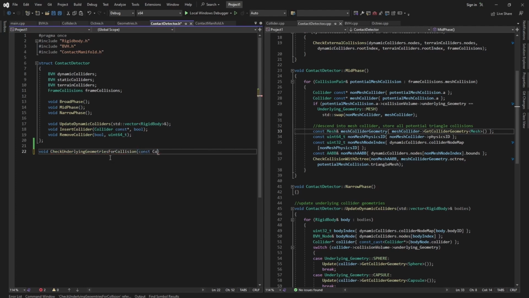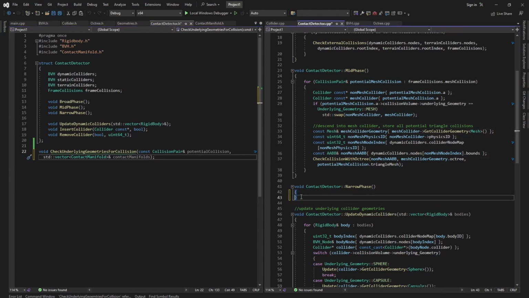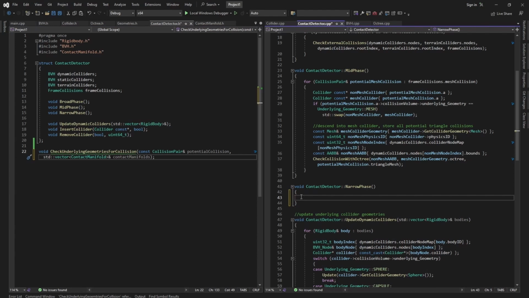It will take in a collision pair, which would be the potential collision. And it'll also take in a vector of contact manifolds, and these will be progressively built out as we check each of the collision pairs. And then here in the narrow phase, we can make a little lambda,